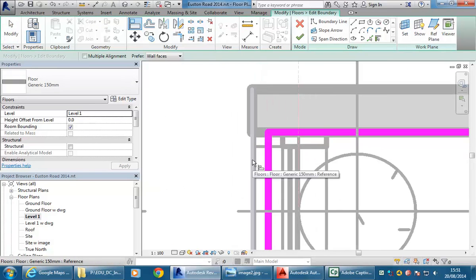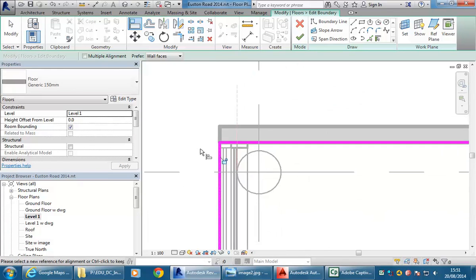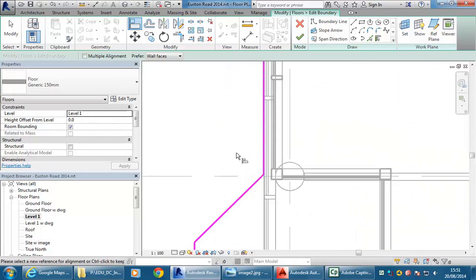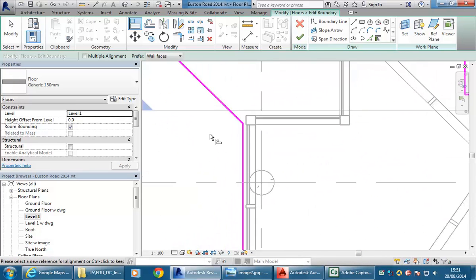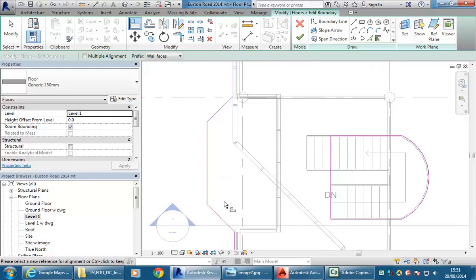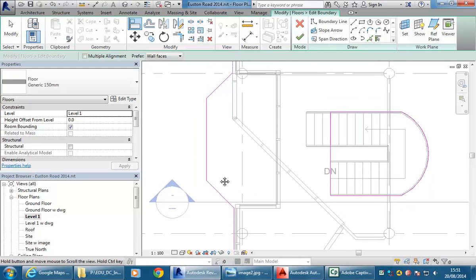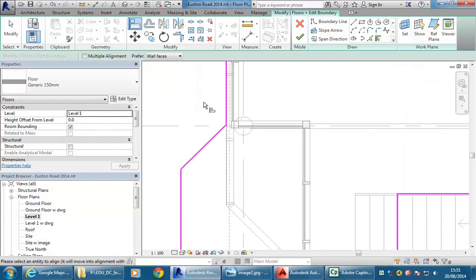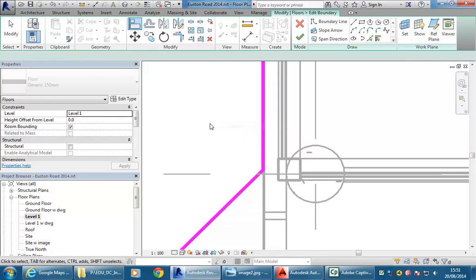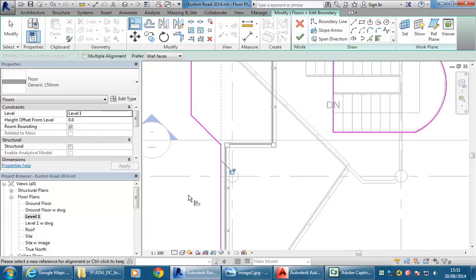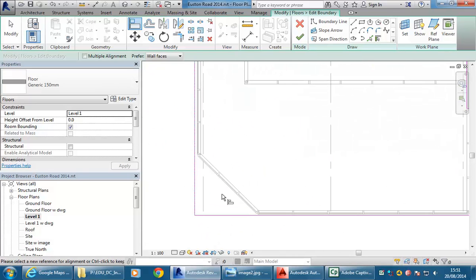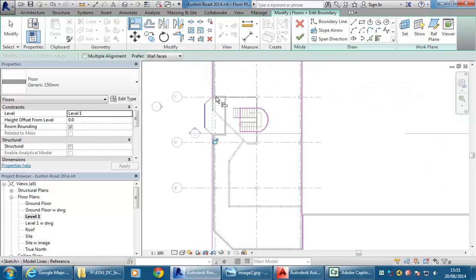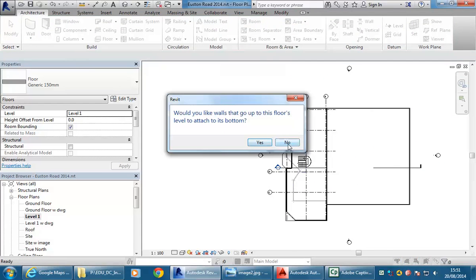I'll bring that across, so there's my lower floor. Now I can choose the upper floor and just go around all the way where it needs to line up. That looks pretty good apart from there, or no, sorry, I've got this edge here which is proud of the curtain wall, and that's a good thing, so I'll choose that edge, and then again I can choose the other one. No, sorry, it's this one that's right. Sorry, again, so align. This one I'll choose first, and now there we are. That's much better. Yep. So that's all I need to do with the floor, and then the